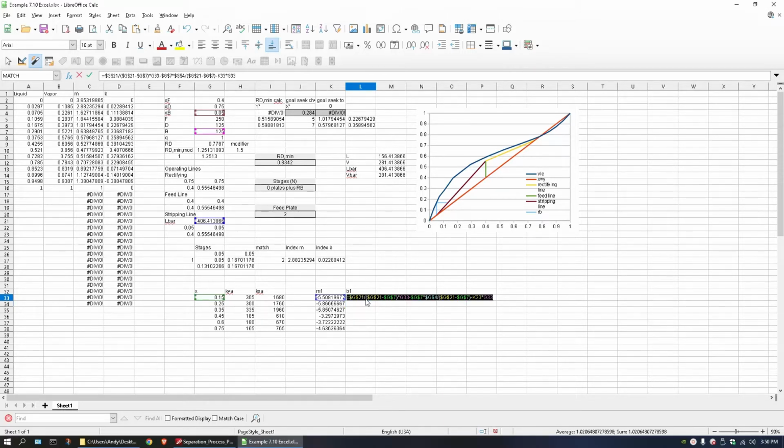Okay, so we can write this down to the rest of our rectifying section, and then we can essentially do the same thing for our